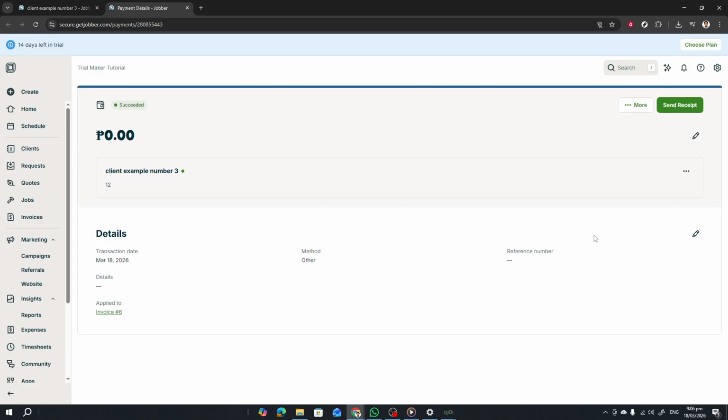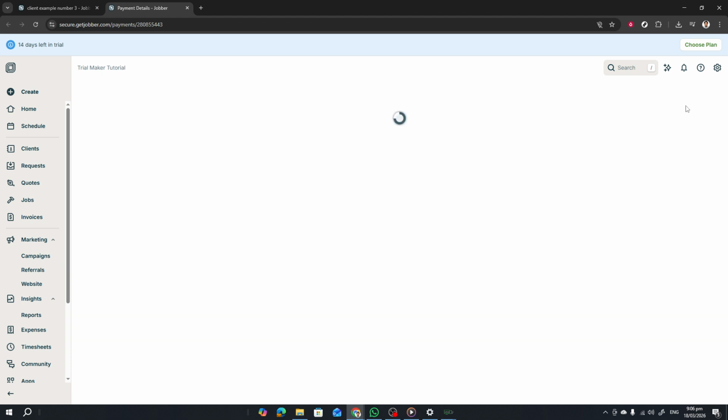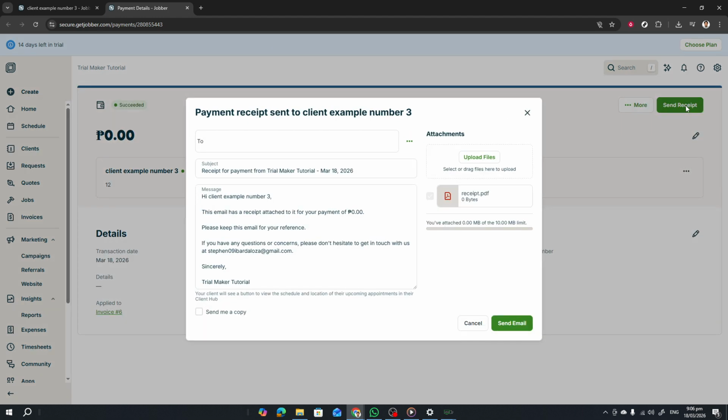When you've identified the correct payment, select the option to send a receipt. Jobber will open a message window with the client's contact information and a preview of what will be sent. Double-check the recipient's email address and make sure the subject and message are clear and professional. If there's a notes field, keep it brief and relevant, such as a polite thank you or a reference to